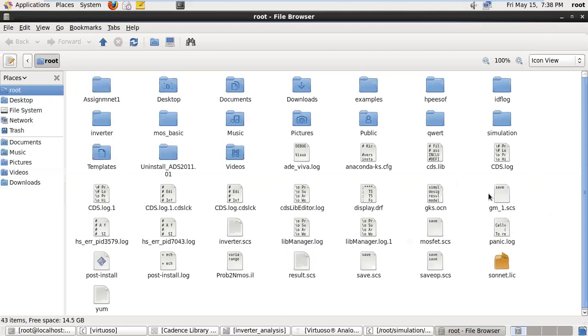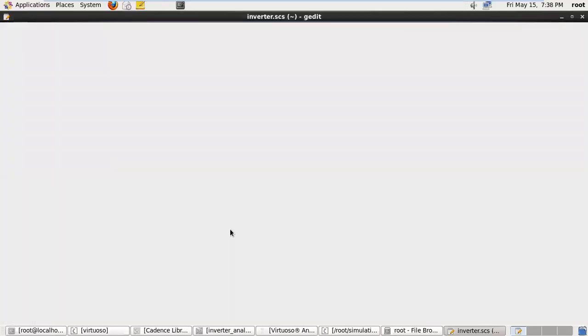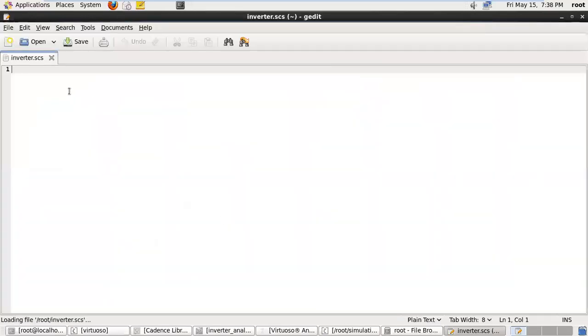So where is inverter dot SCS? This is my file. Click on that file, inverter.scs. Type save space.